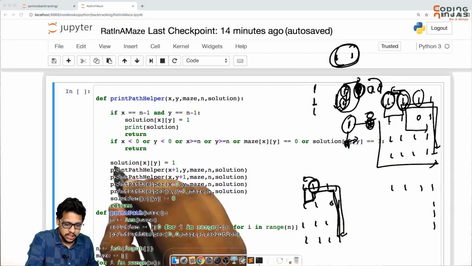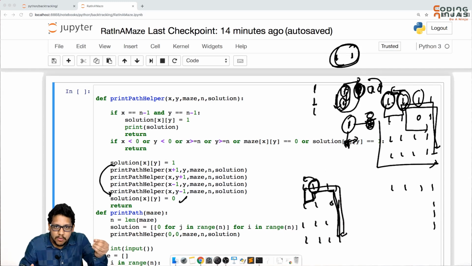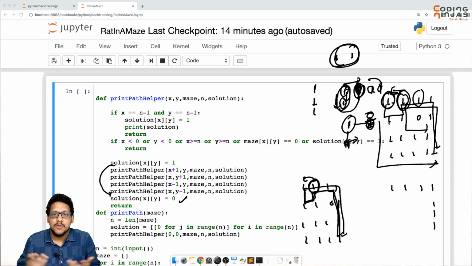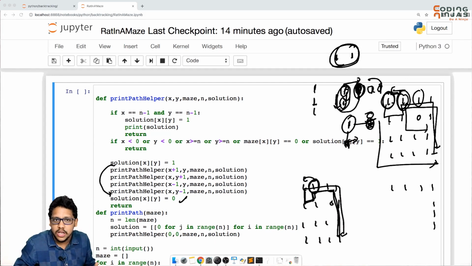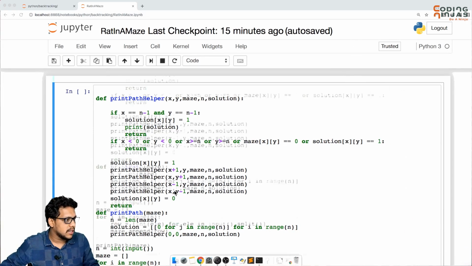So after exploring all the paths, when you are going back, that means when you are backtracking, you should make yourself 0. Because in the previous call, it may be possible that it needs to explore in a different direction, for which I am not included. I may be included in the future, but it will depend on the call. Right now, when I am coming backwards, I should make myself 0. If I have done that, I think this is completed now.